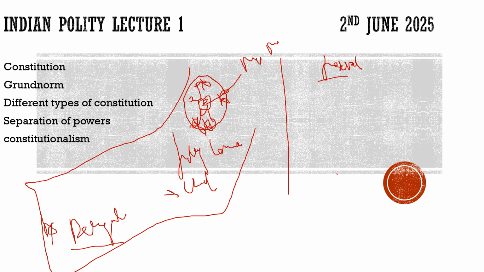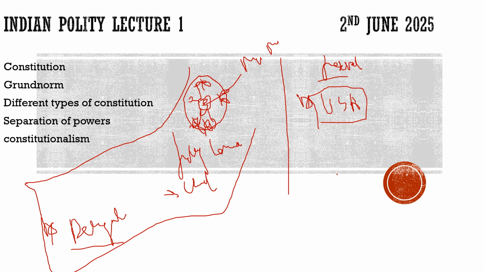But let's try to understand what this federal constitution is. For understanding the federal constitution, we have to understand the constitution of USA, because it is the oldest constitution. So if we understand the constitution of USA, the federal nature of the USA, then only we can understand the federal system. Then we can judge if any new constitution is framed, whether it is federal or non-federal.